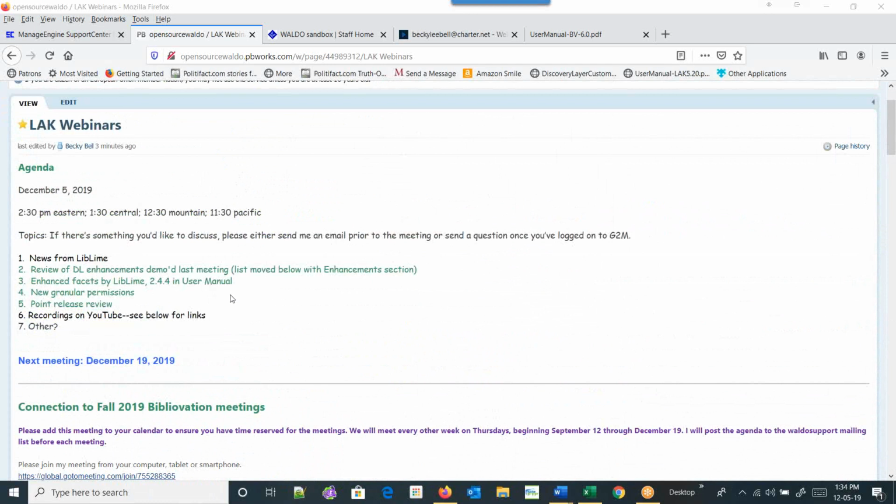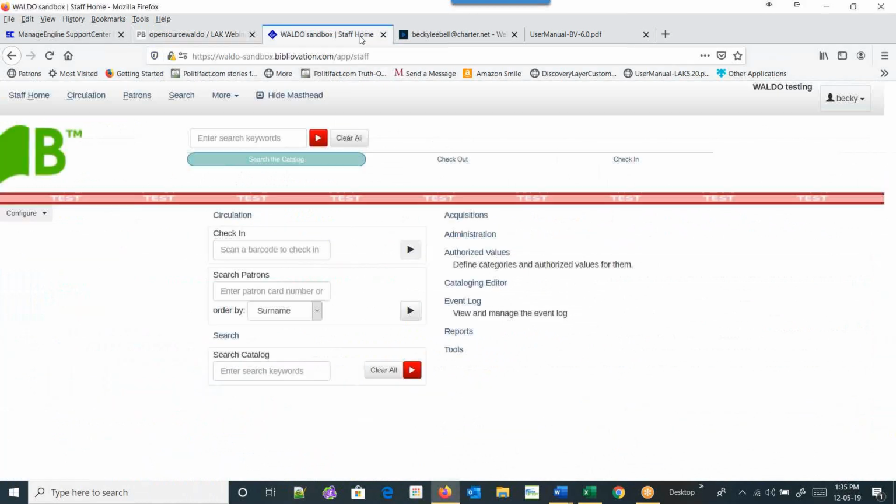So I thought I would let you know that that's there. If you remember what Ben showed you, you can compare what is there. The enhanced facets are described in section 2.4.4 in the user manual. There is a little bit of setup that you need to do for it, so I want to show that to you before we go into the enhancements themselves.